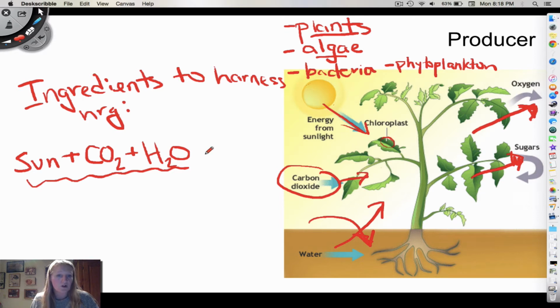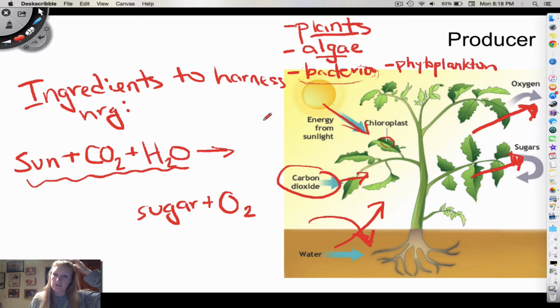Okay, so the ingredients to harness energy are sun, but then you also need to mix in carbon dioxide and water. And coming right out of that, you get sugar and oxygen most of the time. Now there is a unique example of bacteria, and I'm forgetting what the name is right now, but that bacteria can harness energy in a place of no light, and we've just discovered it in the past few years. It can use the resources that are around it, and it uses some gases to harness that energy to produce those same kinds of sugars. So I think that's very neat.